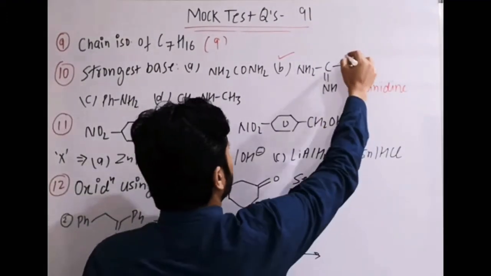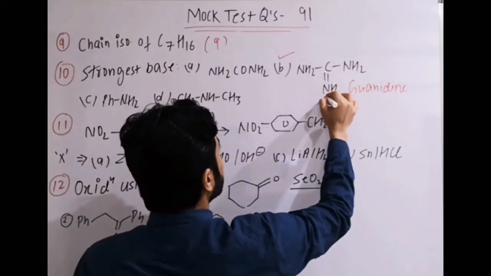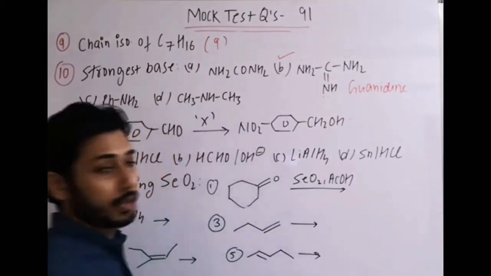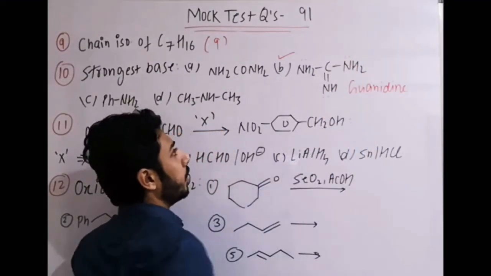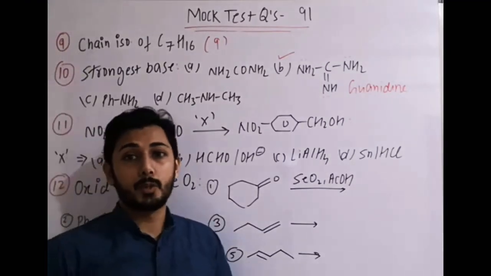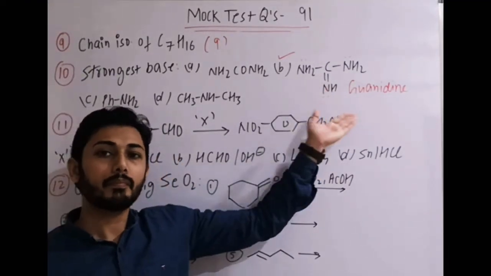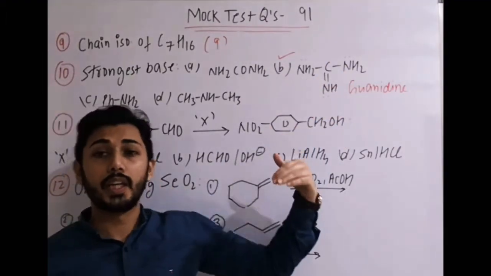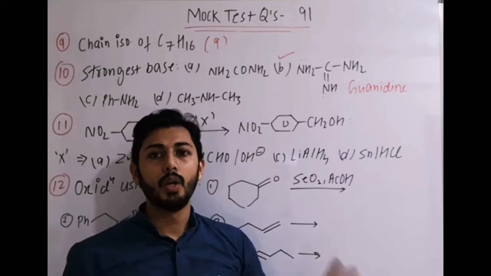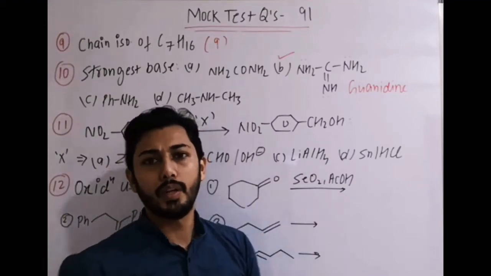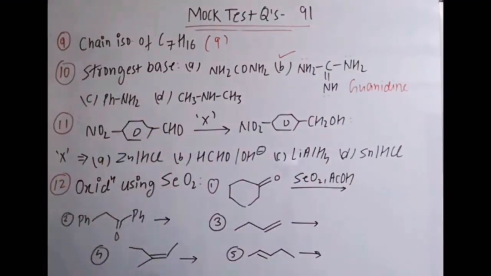Firstly, you can see there are two NH2 groups, one on each side, and this NH lone pair is not in conjugation. Another important reason is when you write its resonating structure after gain of H plus. Here H plus is gained, it forms NH2 plus, and when you write the structure, it gets three equivalent resonating structures. So guanidine, remember, or if you have revised the notes, you can easily find that it is an example. Next one, normal bases.